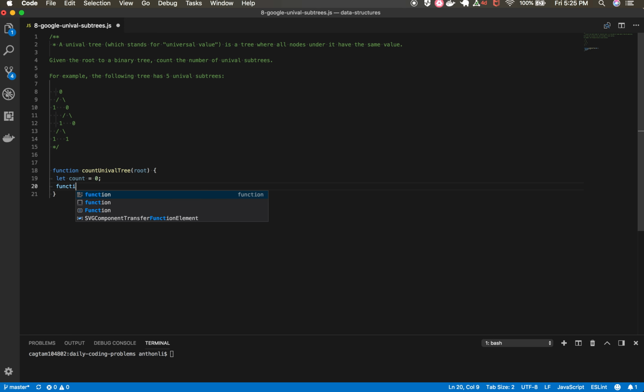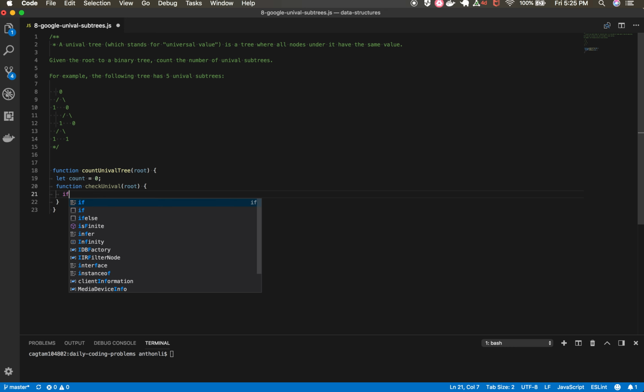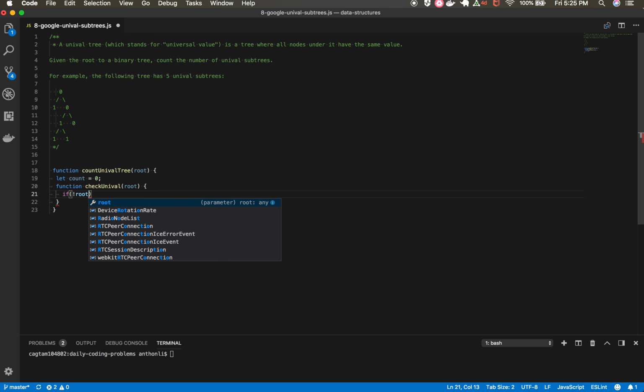So within here, probably call a function called checkUnival, right? And first of all, if root is not valid,